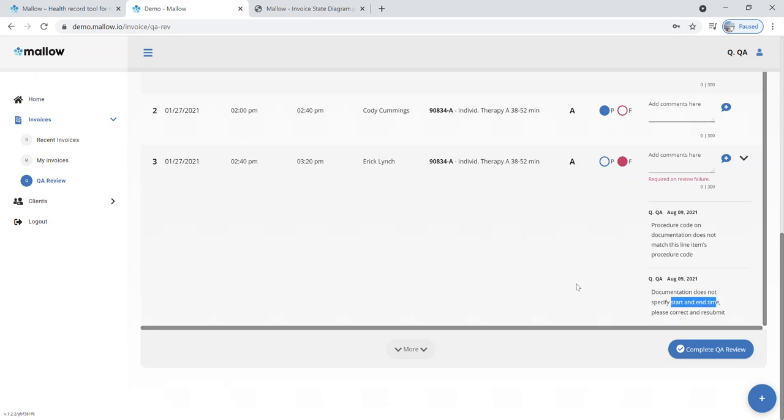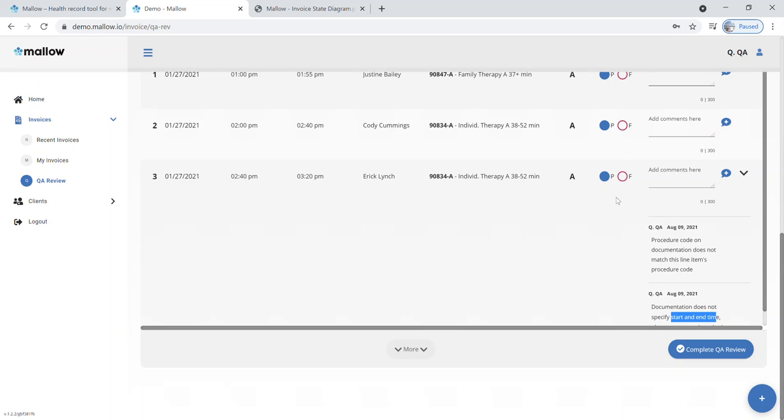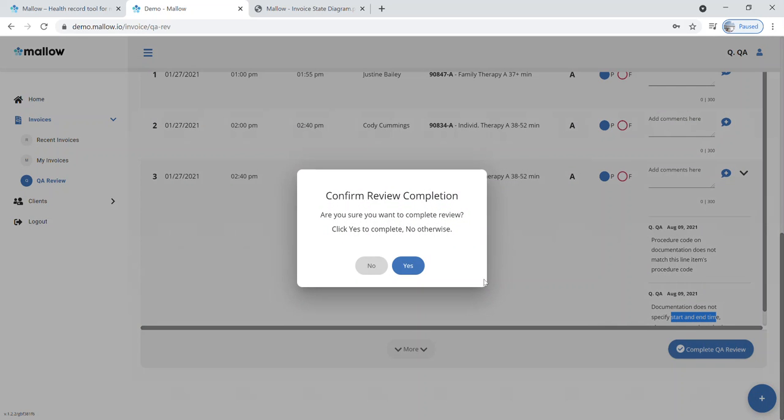They may use another tool for generating notes or documentation for a procedure. So now let's say that as a QA review person, I've confirmed that these issues have been fixed. I flip the review radio field back to pass, and I click on complete QA review,